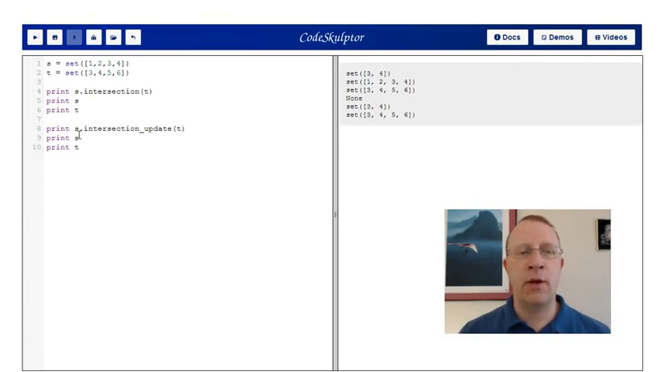Whereas there's another method called s.intersection_update(t) that doesn't return anything interesting. It returns None. But what it does is change s to be the intersection, and it does not change t. Let's go to the documentation here,